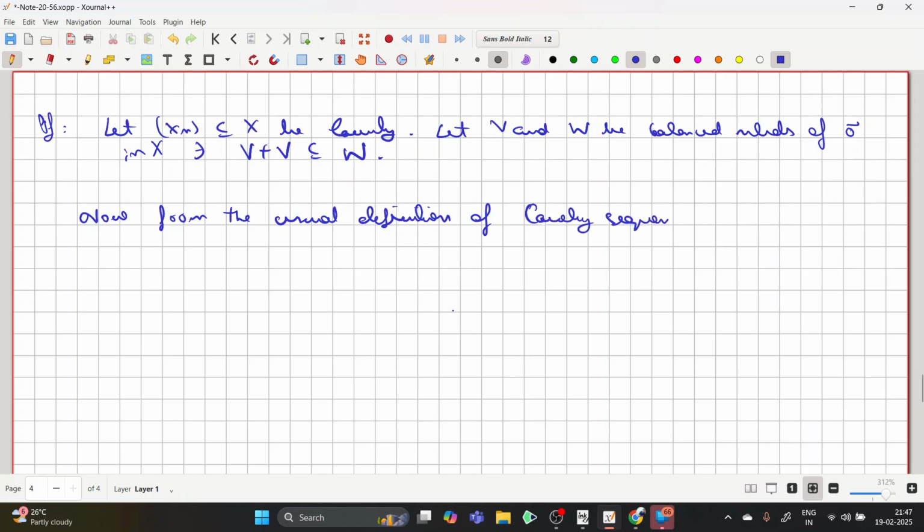So it must be in the neighborhoods around origin. The difference between them must be eventually in the neighborhoods of origin, and we already have chosen a neighborhood V of origin, right? So by the usual definition of Cauchiness, there exists some natural number N such that, in fact, we can remove this